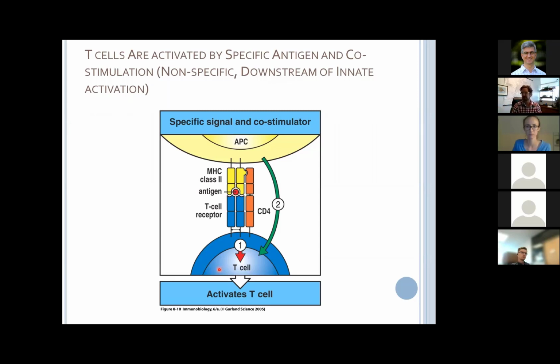There's some discussion in the chat about what CD4 and CD8 are doing. So they're actually participating in this interaction. CD4 binds to a particular type of MHC molecule called MHC class 2. And MHC class 2 molecules are only found on professional antigen presenting cells, so your macrophages and your dendritic cells that are called in at the beginning of the response, and they have a lot of specialized functions for antigen presentation